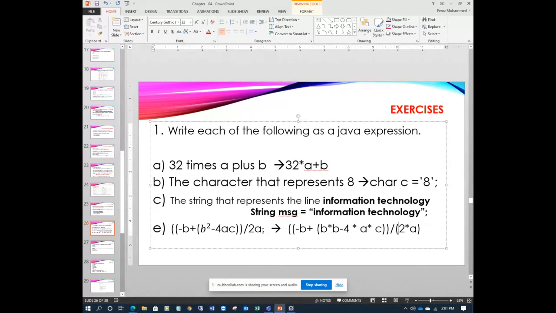You cannot write it like this right away. Convert any statement into a Java executable expression, one that acts as a Java statement without any error. If you write ac without any symbols, what kind of operation is performed? It will assume ac is one variable, not that a is different and c is different. So this is very important for converting your expression. You have to read what the expression is and understand it, so 4 multiply a. Hope everyone understands this.